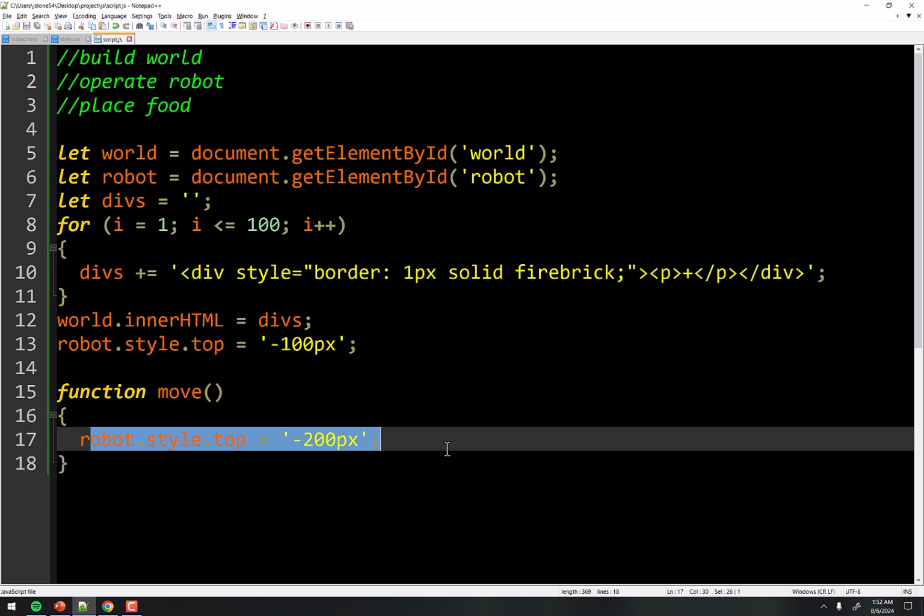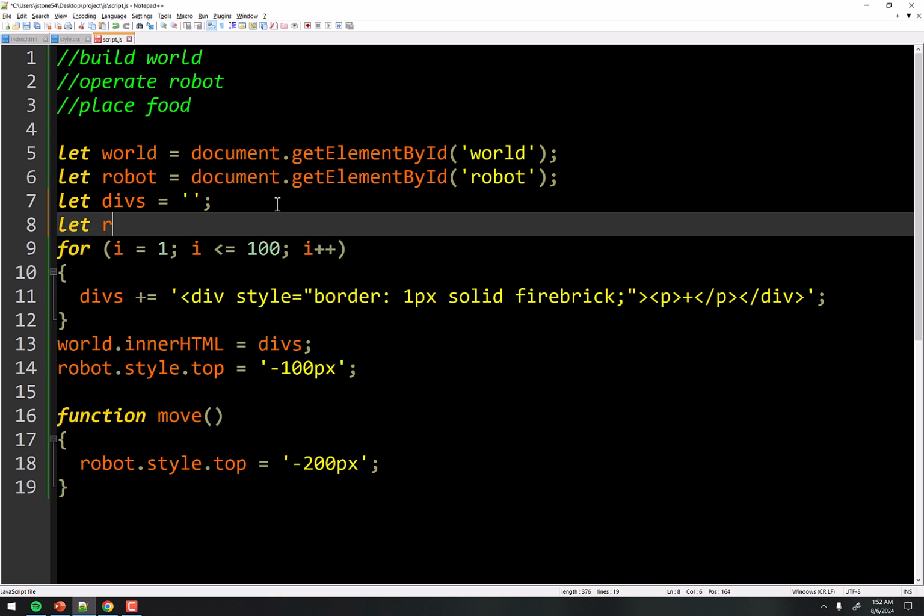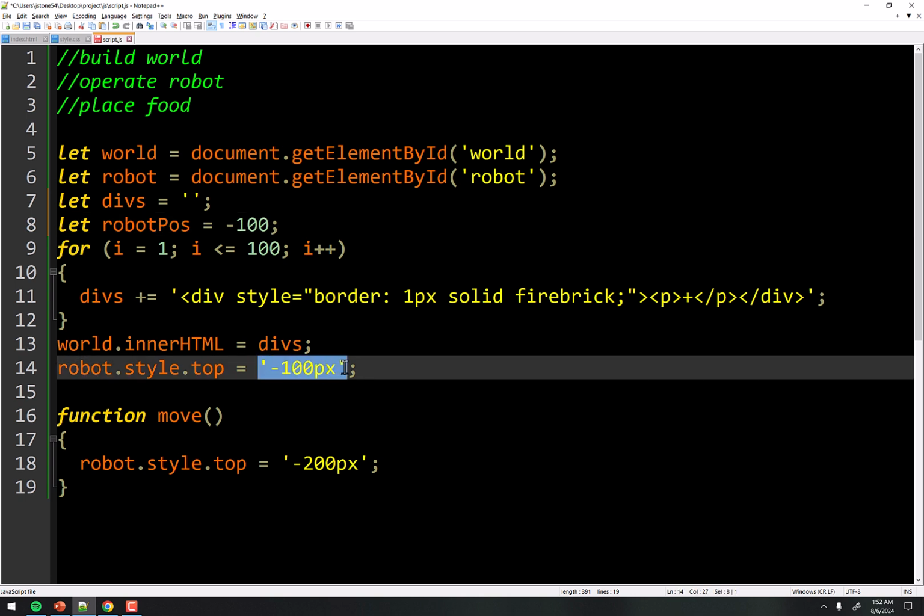Well, what we need to do is keep track of his position in a variable that we can just increment every time we click the move button, and then assign that variable's value to the top. So for example, we could start off with something like let robot equal -100, like that. And then when we first set up the robot, we can style the robot's top right here on line 14. Now, before we finish this, I'll be the first to tell you, this code is getting a little messy. We're going to clean it up in just a minute. But I just want to throw some spaghetti against the wall and hope a bunch of it sticks just to show you kind of the basics of what we're doing here. But we'll get this code nice and organized in just a minute.